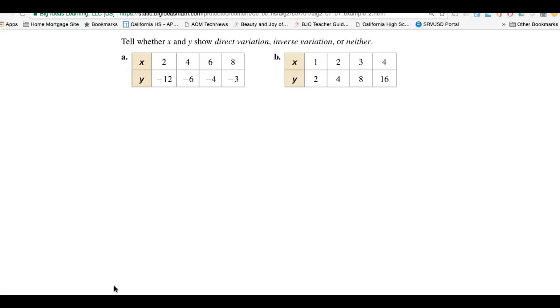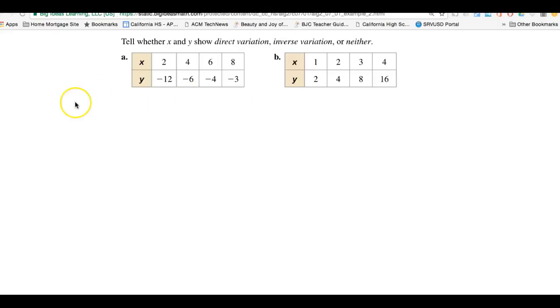All right, welcome to the next example here. So what we're doing now, in video number one, we were looking at a function itself and determining whether or not our variables x and y showed direct variation, inverse variation, or neither. Now, in this case, we don't have the function, but we have a data table. So we've got x and y values, and we're going to see whether or not this relationship is direct, inverse,